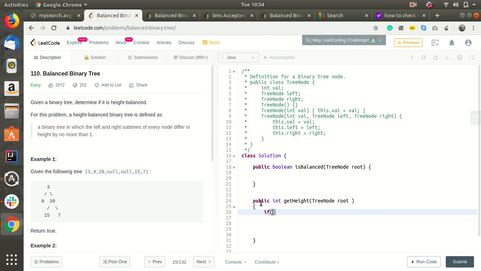If root is null, we'll return 0. And recursively we will be finding the height.